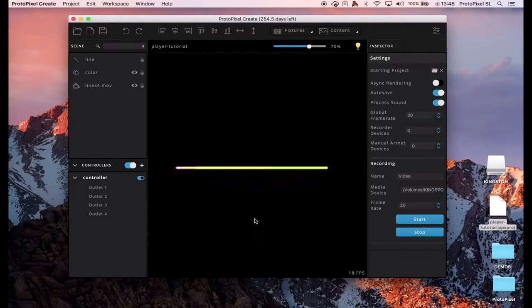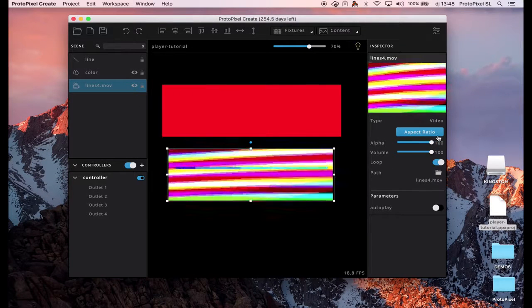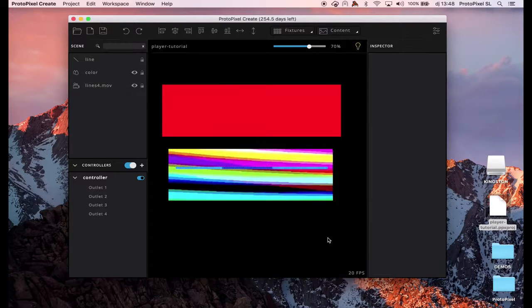When we hit stop, it stops the recording. We can stop the video now. And we are all set. We just created 2 recordings in the USB stick.